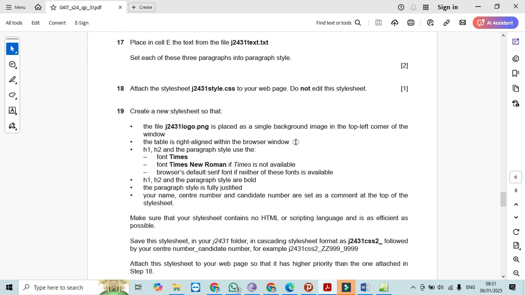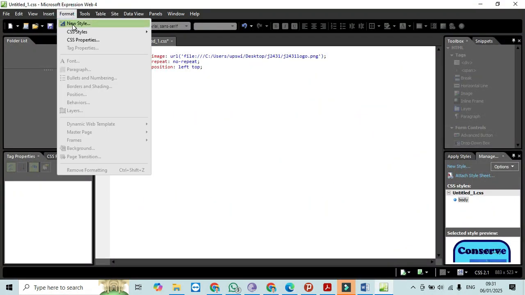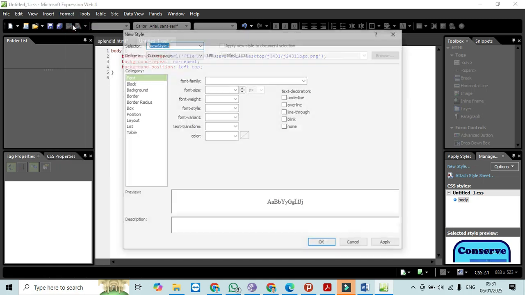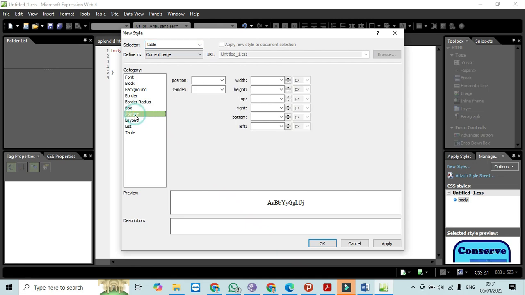So we click on table, then we choose here style, and then we choose from here table, and then position. So position of the table, we just choose from here the auto,